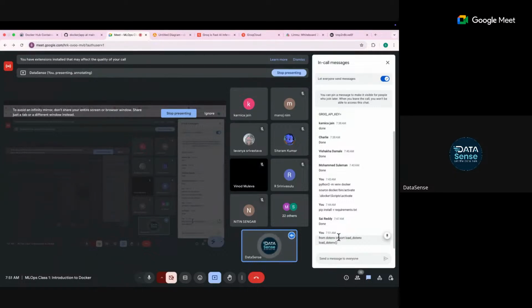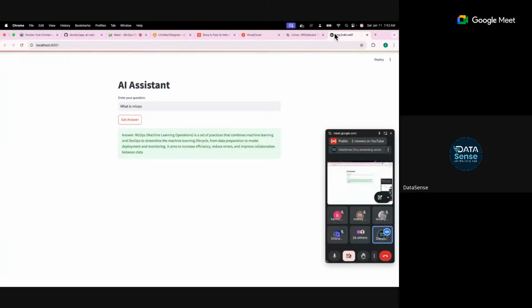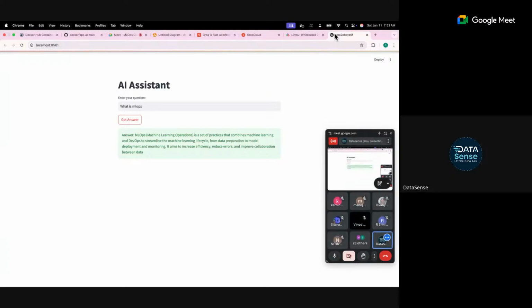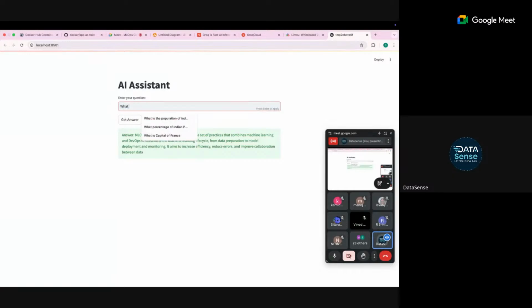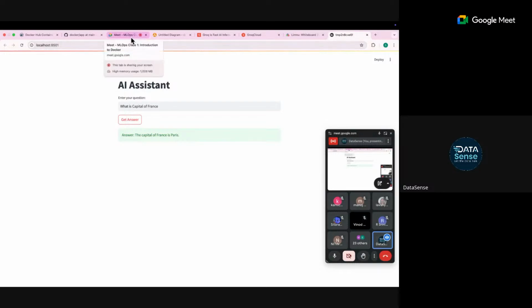Just try to focus on the session. You have done the AI sessions and all this. Suppose you have any machine learning model, any data engineering project, anything. For this session, we have this AI chatbot with which you can ask anything, for example, what is the capital of France, and it will reply. Our goal is not to understand how to build this chatbot. Our goal is to understand how to take this to deployment. Okay, all good? Any other doubt?